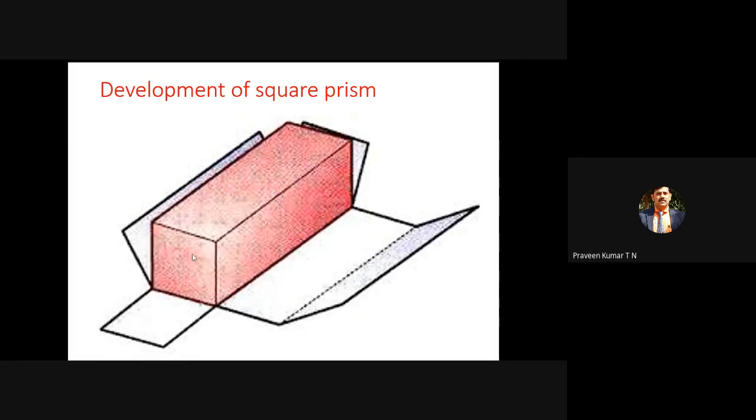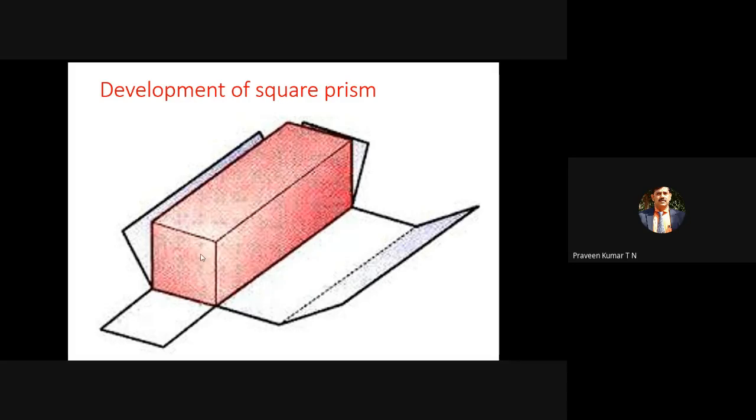This is already explained. Now this is the top face, this is the front face and the back face. Those two faces are removed from the drawing initially. Then you are opening from one corner, from this point to this point. Then you get four rectangles, leftmost rectangle, rightmost rectangle. One more rectangle you can see here, exactly below the square prism. So finally, we end with four rectangles.